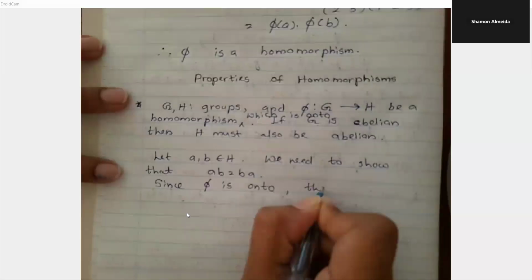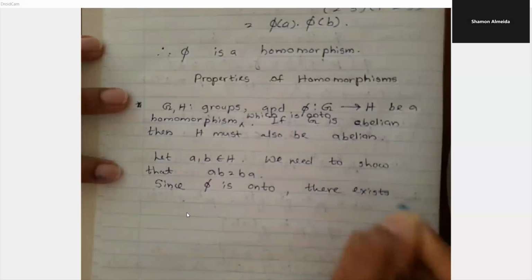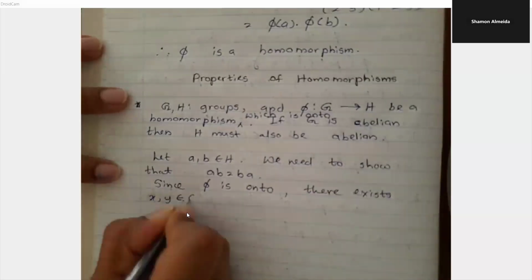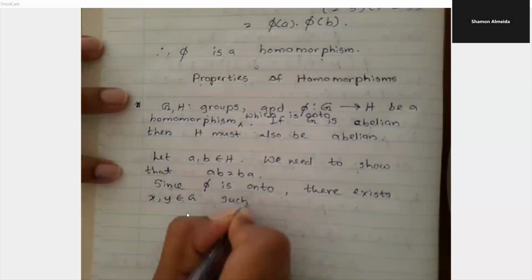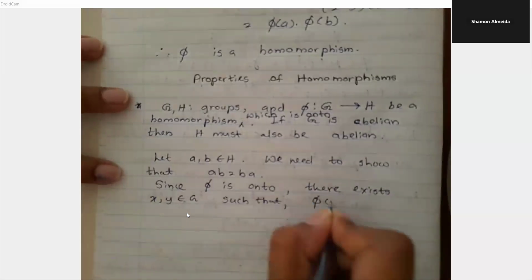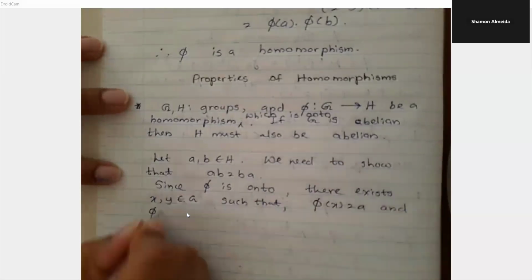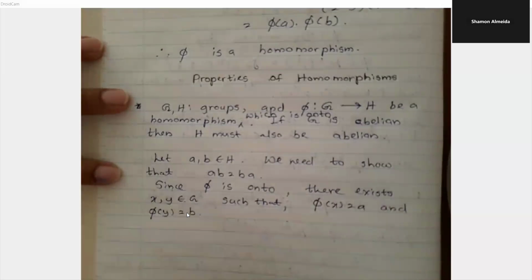There exist x, y in G such that phi of x is equal to A and phi of y is equal to B,